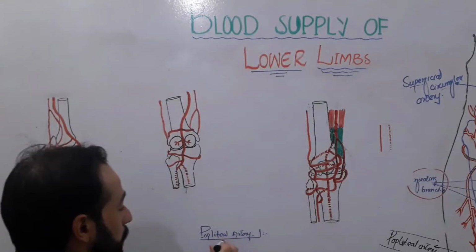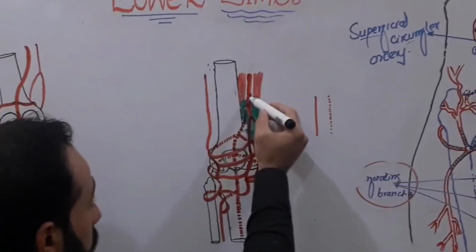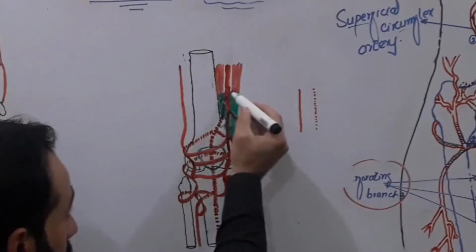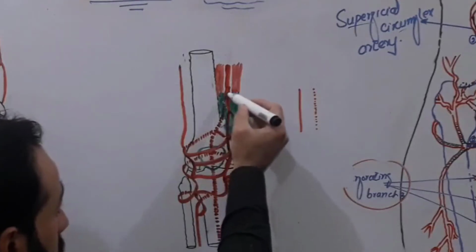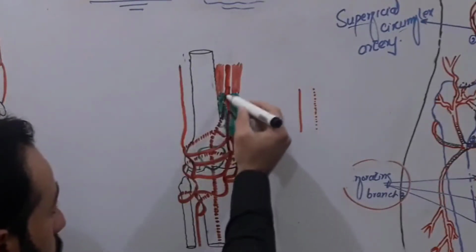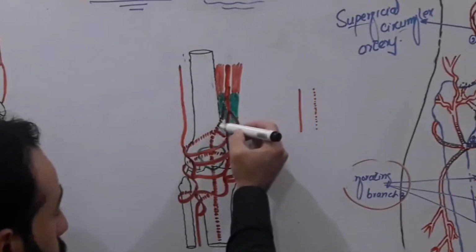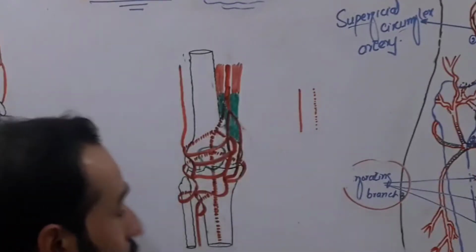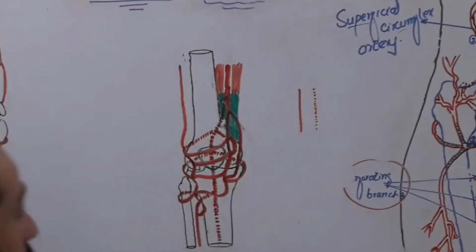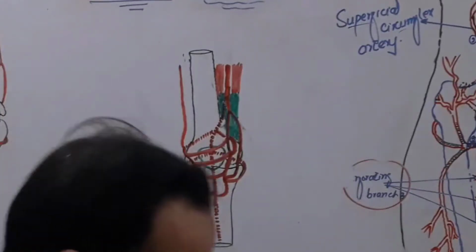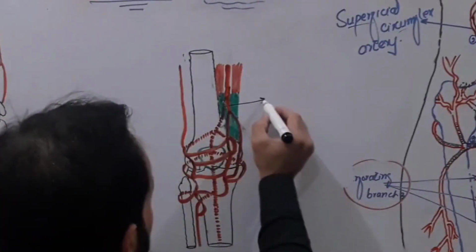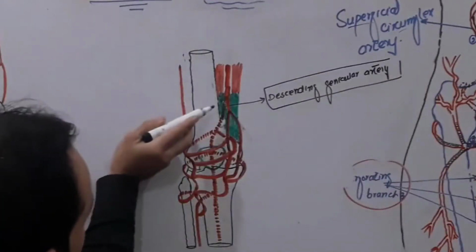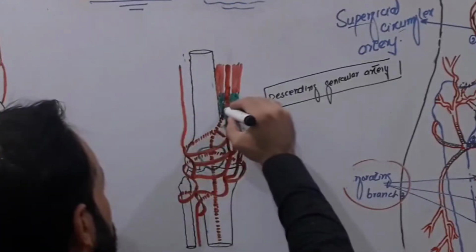So look carefully, what is the popliteal artery? Here you can see this is the adductor magnus muscle. At the end of this adductor magnus muscle, the femoral artery gives off two branches. You can see here, this dotted line shows that it is the popliteal artery, and here we have the descending genicular artery. So let me first of all name these two arteries, then we will see all those branches. First of all, look carefully friends, this one is the descending genicular artery. And this one which is present posteriorly, this is our